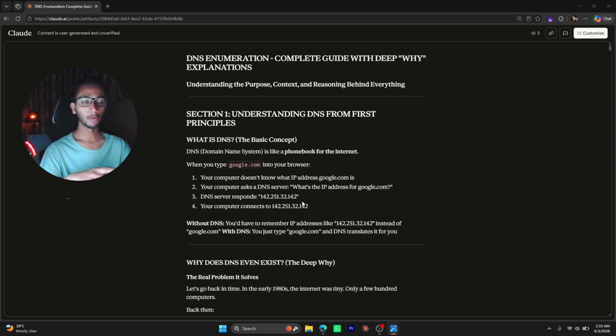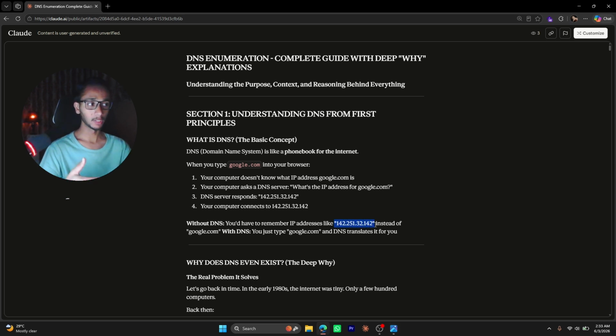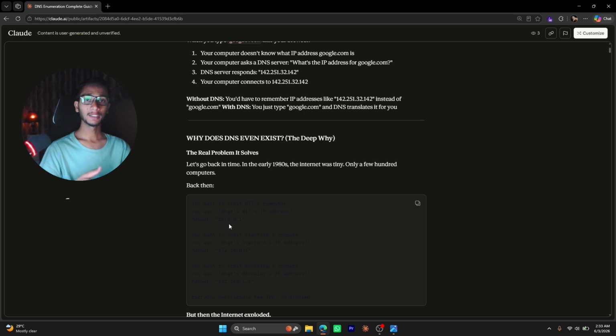So our browser asks the DNS, what's the IP of google.com or any website that we want to visit, and the DNS responds with the IP address of that website, of that server, and the browser just gets connected and sends a request to that server, right? Without DNS, we would have to remember IP addresses, these random numbers, instead of google.com. With DNS, we just type google.com or facebook.com or youtube.com without even remembering the IP address of any of them, right?